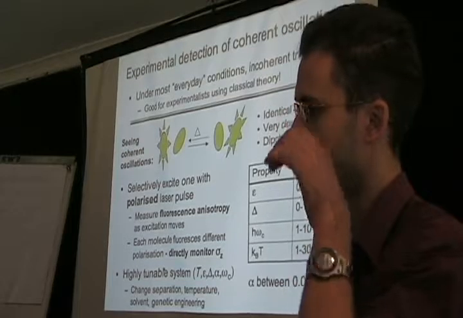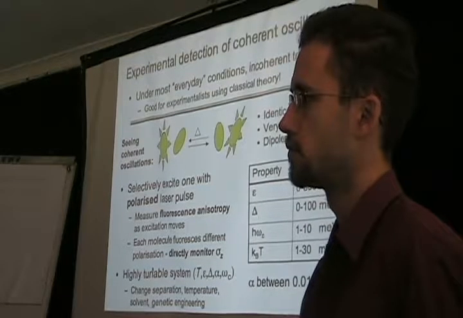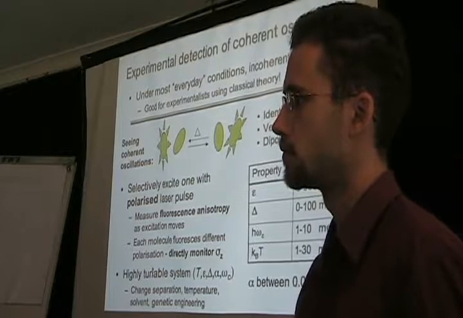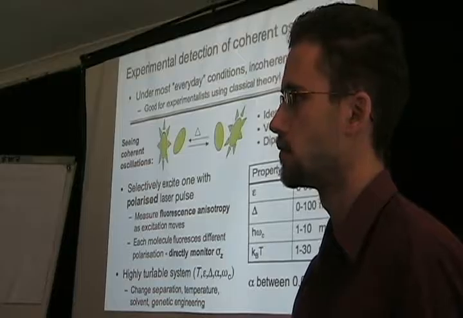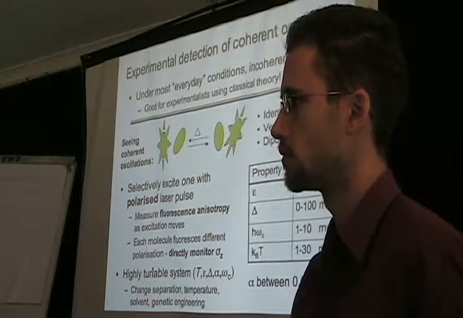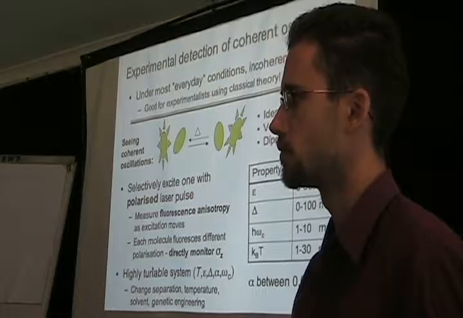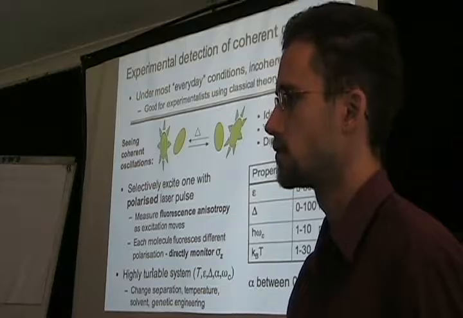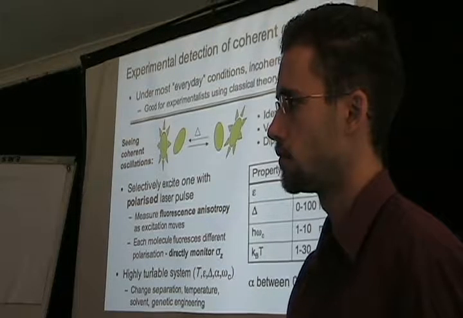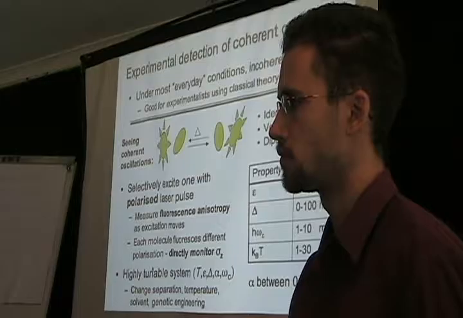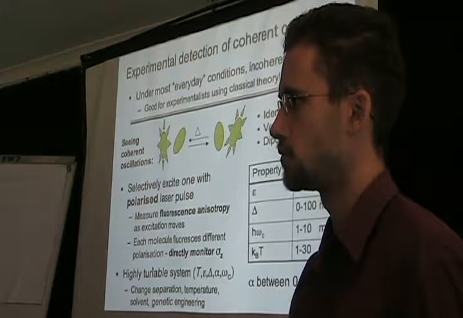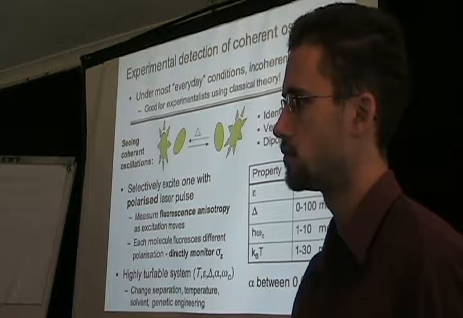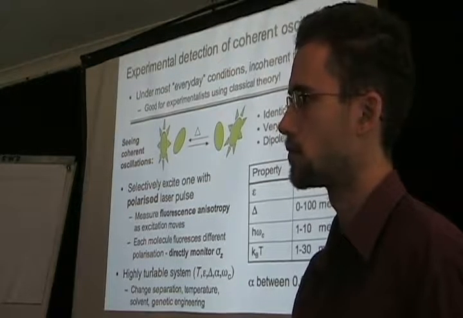If these two molecules are degenerate, and they are coupled to each other by this delta, and delta is sizable, then naturally this dimer will form delocalized excitons. It's not just a monomer it excites. So when you use some external field to excite this dimer system, then probably you will excite one of the two exciton states, which is delocalized. And this delocalized exciton state is obtained by just diagonalizing this Hamiltonian.